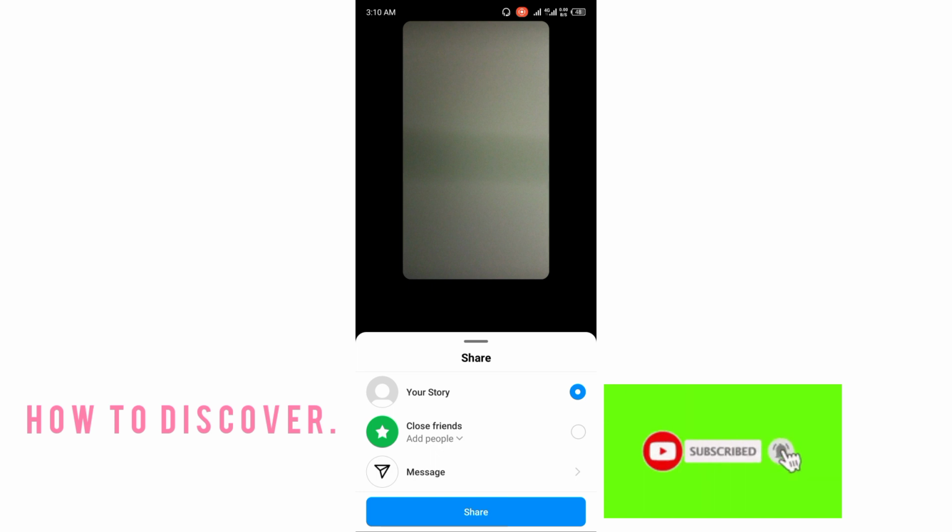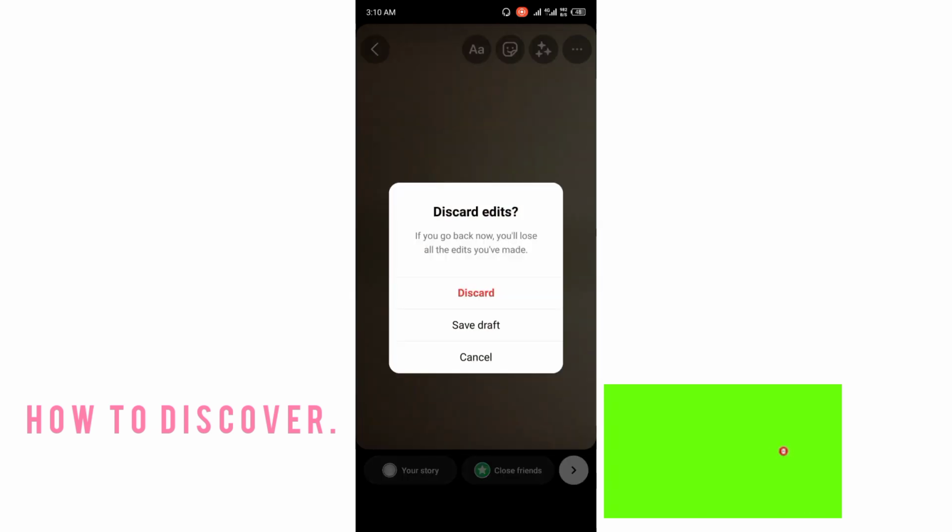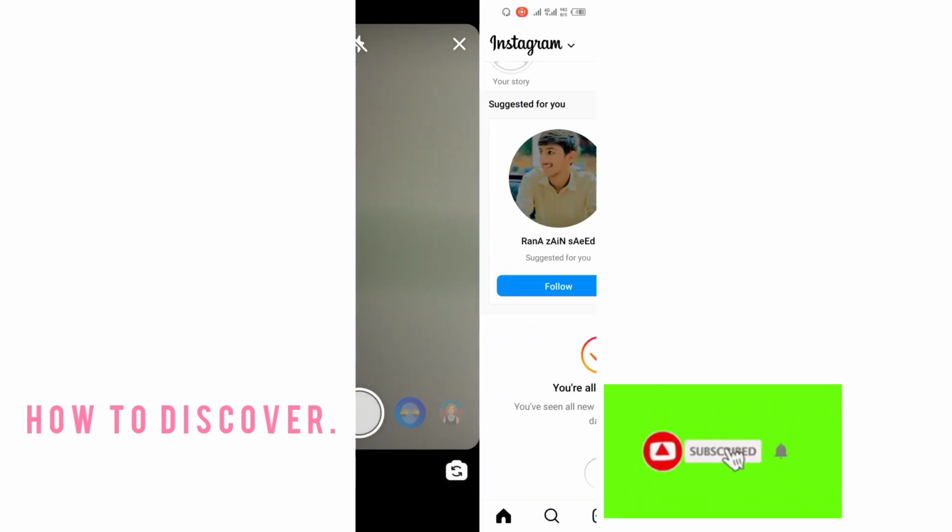If you can't get the option of your story, it means that it's a bug, because there is no reason that Instagram stops you from sending pictures or videos to your story. But if you don't get the option of send to your story, you have to come back